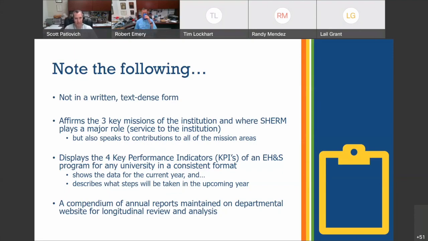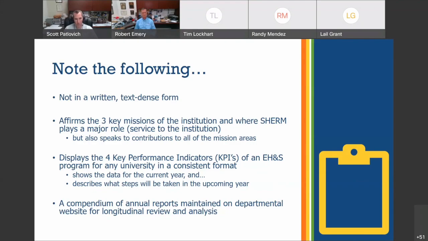What's important is that when we display our achievements from the fiscal year, we do this in an effective data display manner. And then following each of those data points, we discuss what that means and what we're going to do about those key takeaways over the next year. So for the upcoming fiscal year, we're able to make our departmental and program specific goals based upon the information contained within the report. And that really helps to keep us focused and to communicate the importance of the goals that we've created with our own staff.